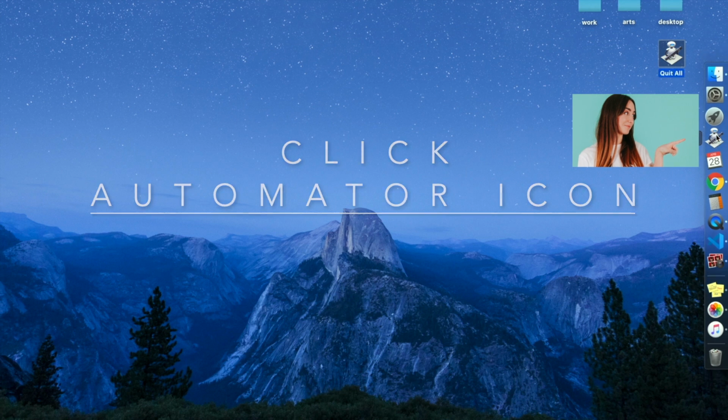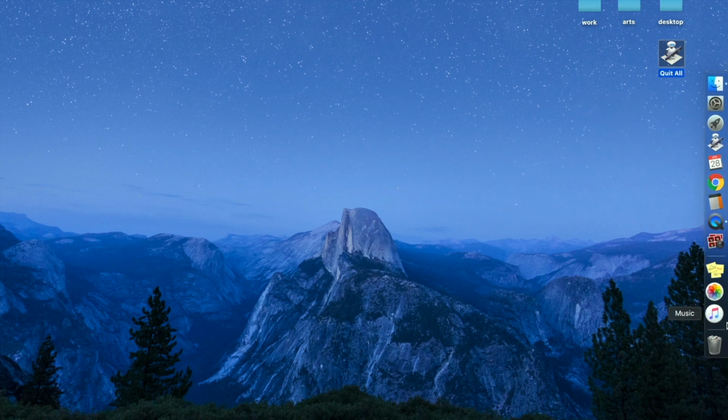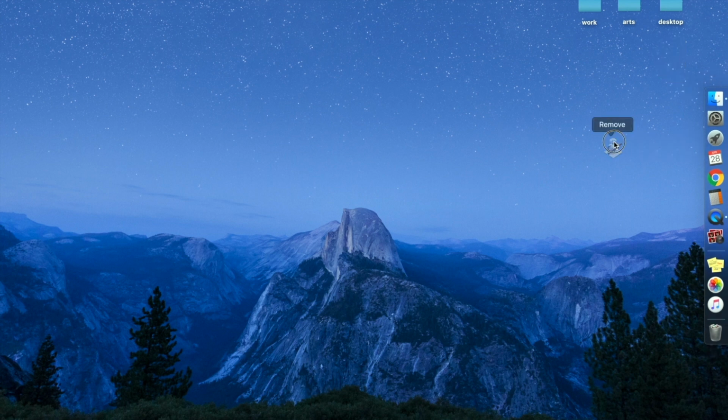Now you can see that there are no more dots here. So all the applications finally closed, and Finder will not close because this is an exceptional case for Mac that it will always stay open. So it was a really quick and time-saving trick. If you want to delete it, then you can delete it and remove this icon from the dock. We are done.